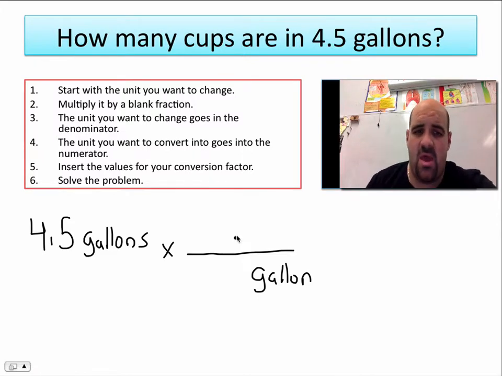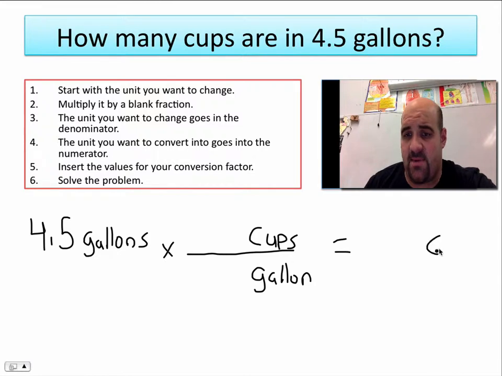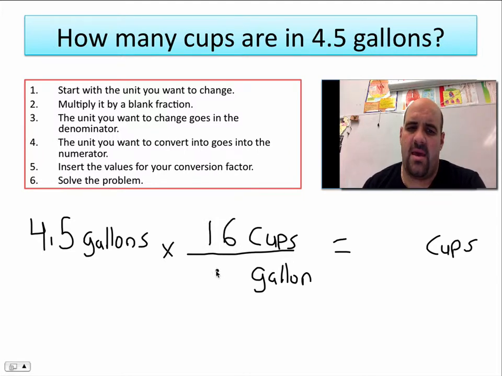We're on this problem. We have gallons, gallon, and I want to go into cups. And I know my final answer must be in cups because that's what I want to convert into. So the only thing you need to figure out now is how many cups are in a gallon. And there are 16 cups in 1 gallon. And I believe this final answer, 4 times 16, is going to be 64, and 8 is going to be 72. There should be 72 cups